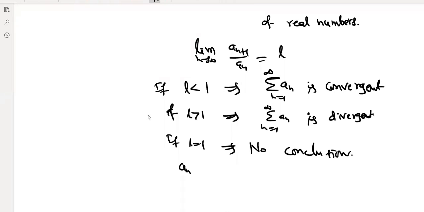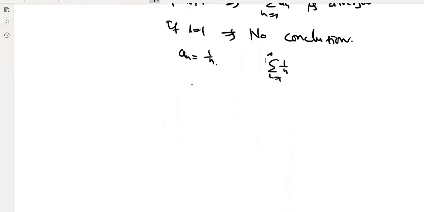So example, suppose you take an equals to 1 by n. What is 1 by n? Summation n equals to 1 to infinity. What is this? This satisfies your condition. Yes or no? an plus 1 by an. What is n plus 1 by n? an plus 1 means 1 by n plus 1, into an. an is nothing but what? 1 by n. That means